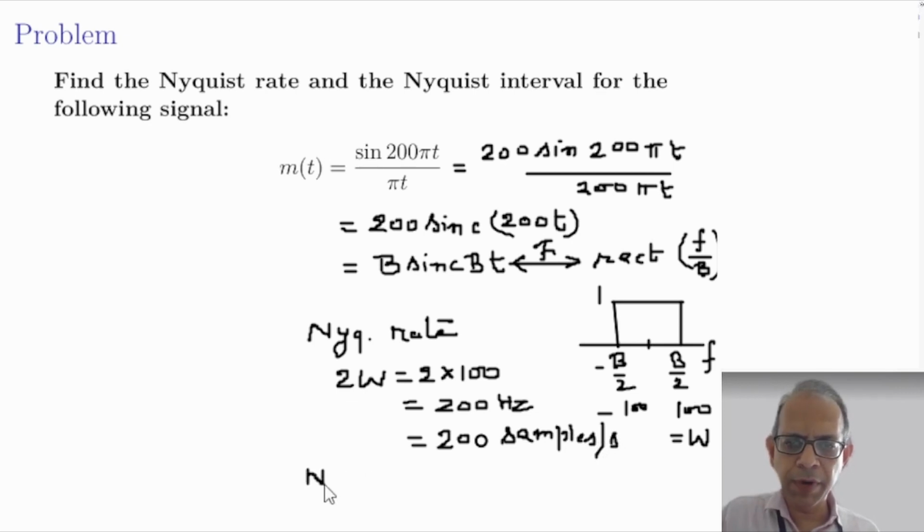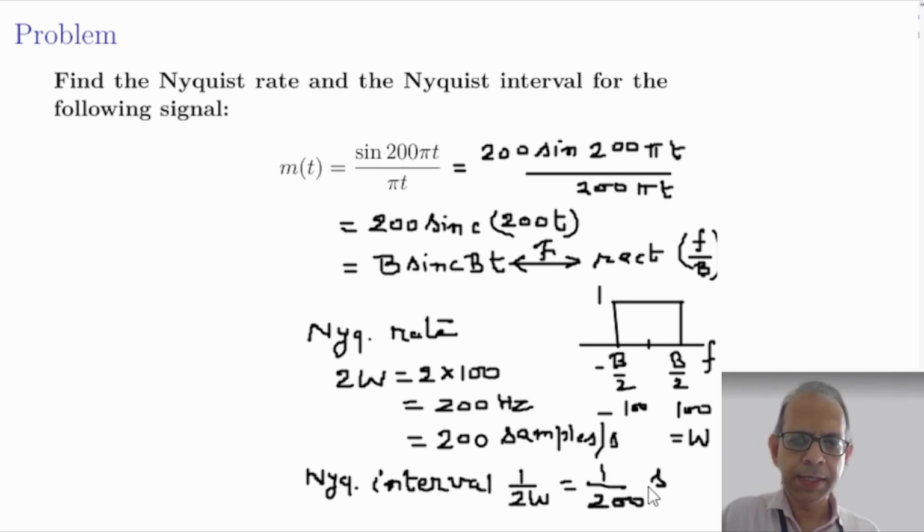And the Nyquist interval, which is given by 1 by 2W, is equal to 1 by 200 seconds, which is equal to 5 milliseconds. Let us look at the third problem,